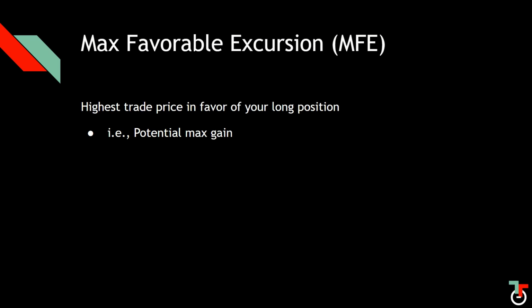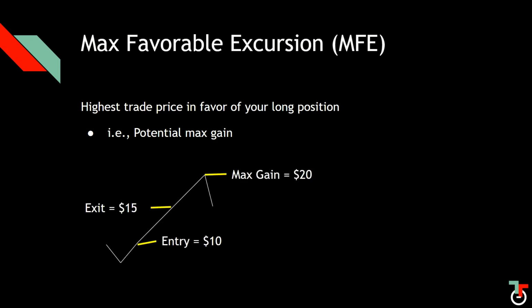Next, max favorable excursion, or MFE. This is the highest trade price in favor of your long position, or in other words, your potential max gain. Let's say you entered at 10 bucks, but you exited at $15. And the max gain, had you top ticked your exit, would have been $20. Here, your MFE would have been 200% or $10 because a top tick exit would have been a $10 profit